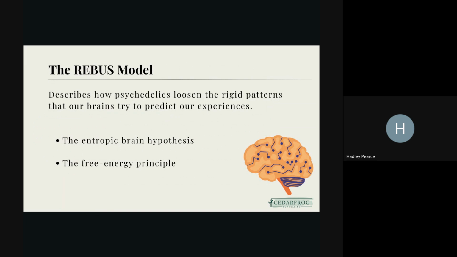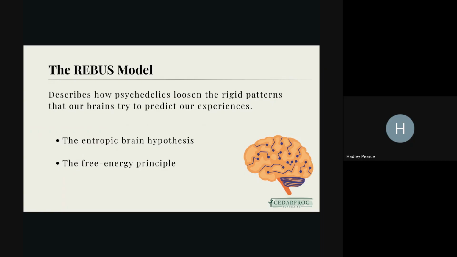It combines 2 ideas: the entropic brain hypothesis, which states that psychedelics increase brain flexibility and reduce order, and the free energy principle, which is where the brain works like a prediction machine, constantly guessing what will happen next and updating its beliefs based on what it's